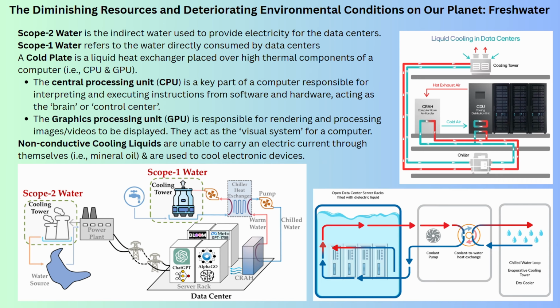We will be focusing on Scope 1 water instead. One way to use less water in the data center is to use what is known as non-conductive cooling liquids. These liquids are unable to carry an electrical current through themselves, such as mineral oil, and they're used to cool electronic devices. So in this diagram here, we can see instead of having all the servers aligned on a rack and then having cold plates over each one of these components, the server or the computer themselves are placed